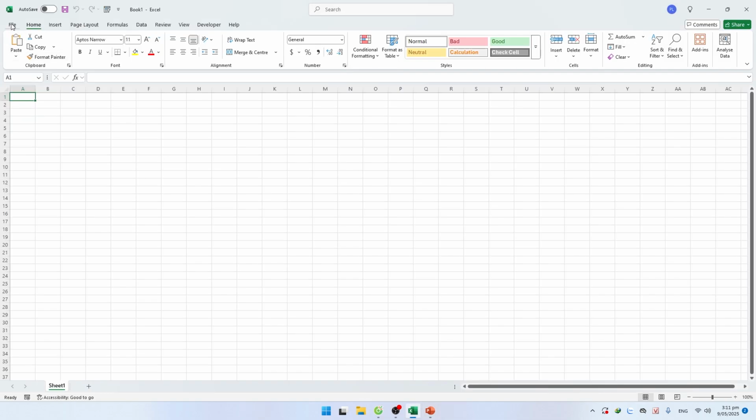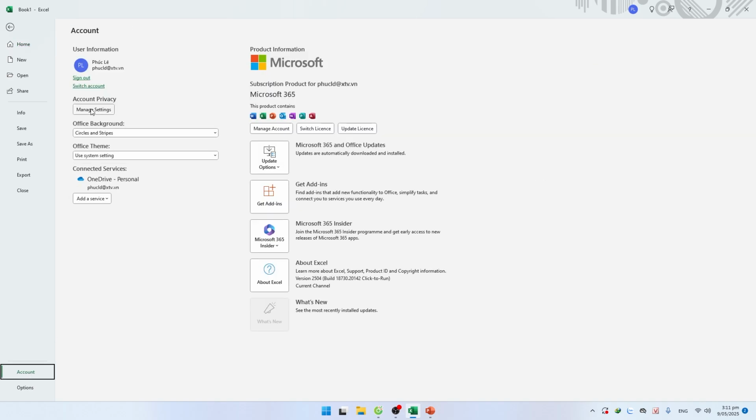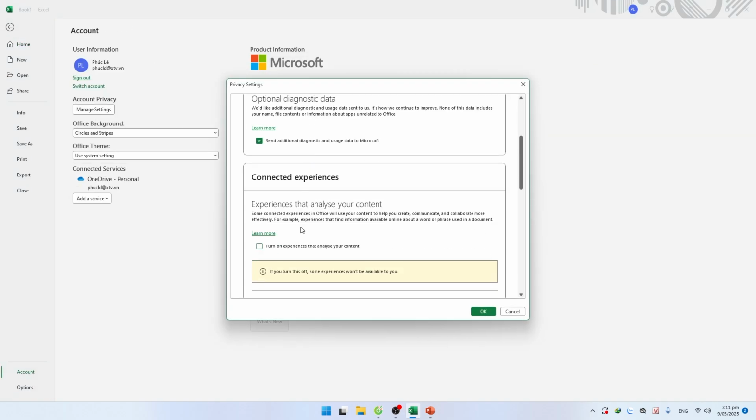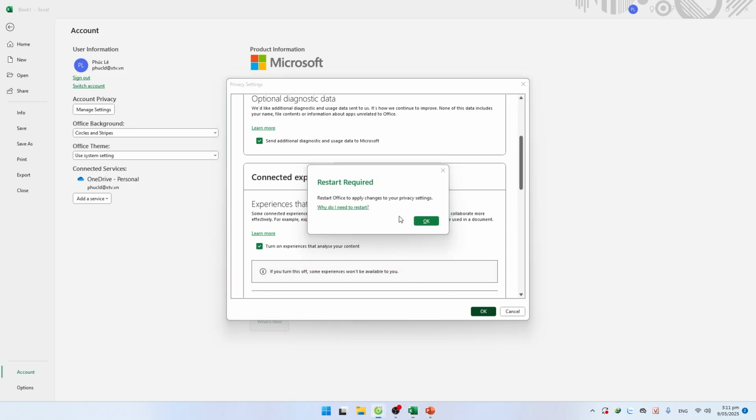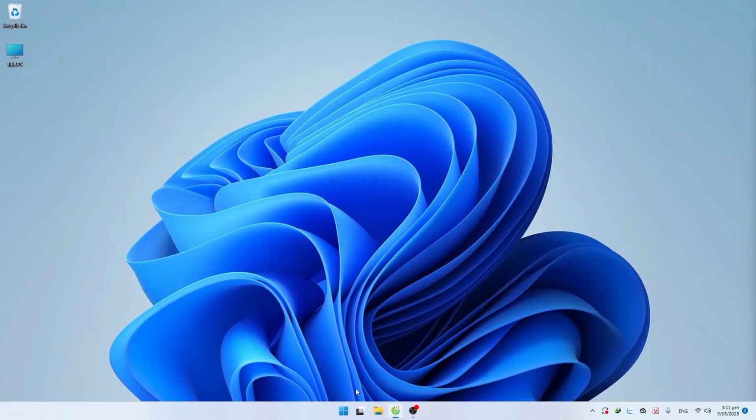Now remember what we did just a while ago. The same steps apply for Excel. Just follow along with what I am doing right here, and you should be good to go. That's how you can fully disable Copilot in Microsoft Word, Excel, and